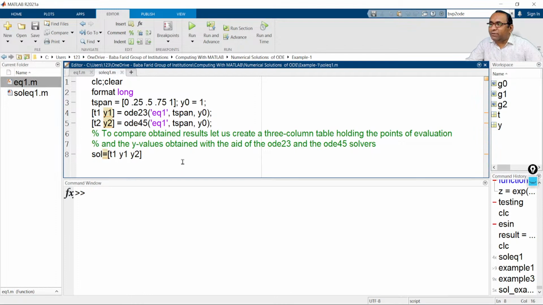You can use either t1 or t2 because t1 and t2 have the same values. I am using t1 here, and the second is y2, which will be the solution of the same differential equation using the solver ODE 45. Okay, so here we have y1 and